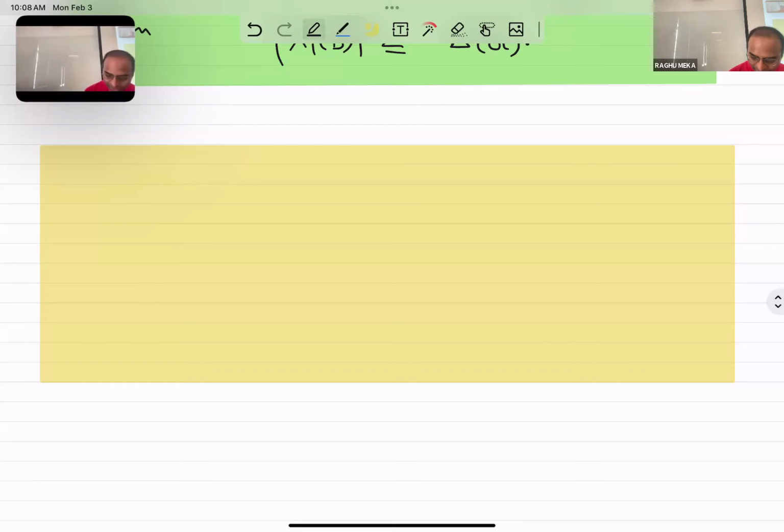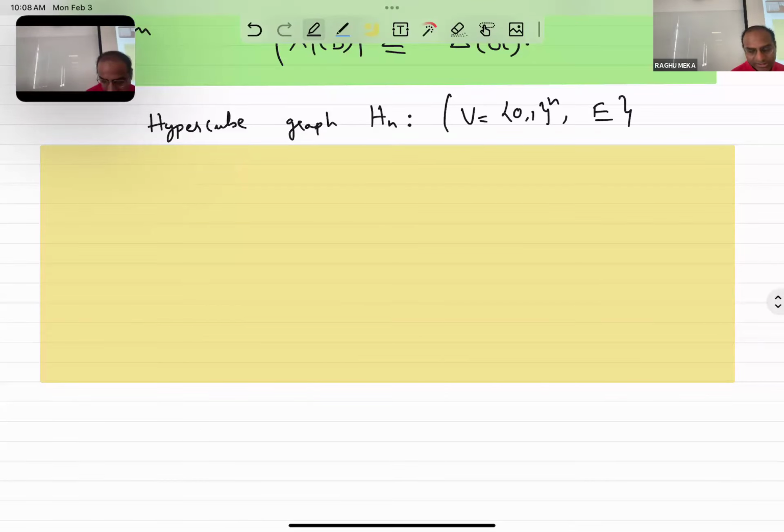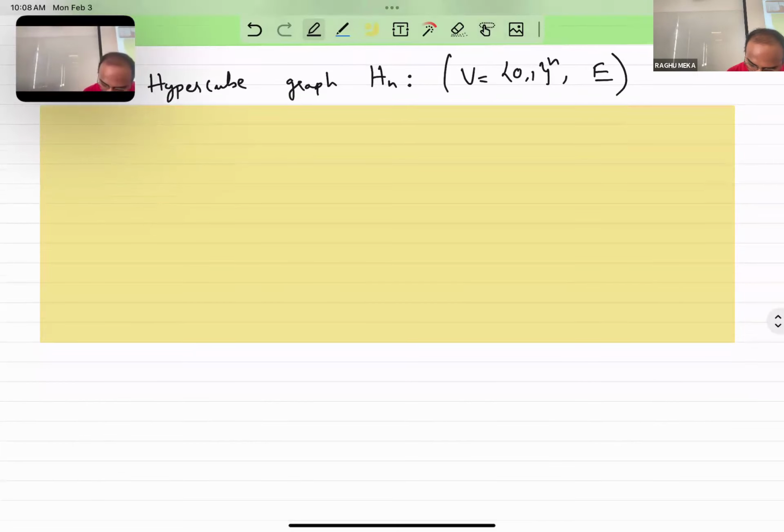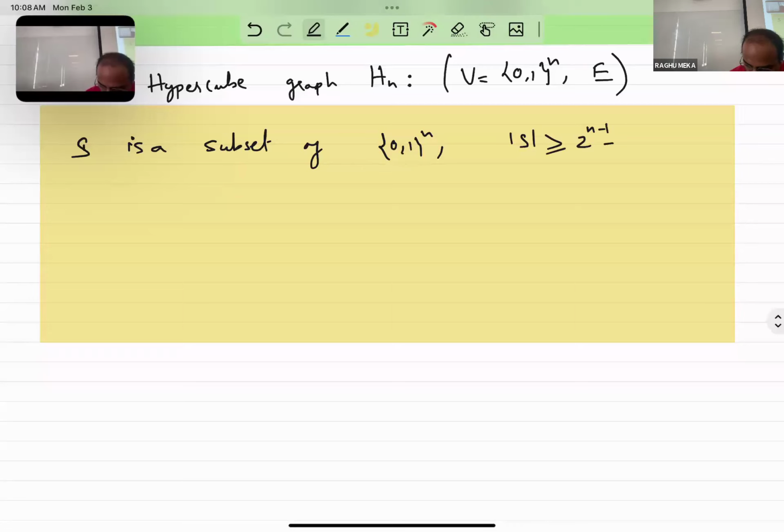Okay. So in particular, we have the hypercube graph, Hn, right? So the vertices are bit strings, and the edges, where basically two strings are connected if they differ in exactly one coordinate. Okay. Now, what do we need to show for this? We need to show that if S is a subset of {0,1}^n, and the size of S is at least 2^(n-1) + 1, then